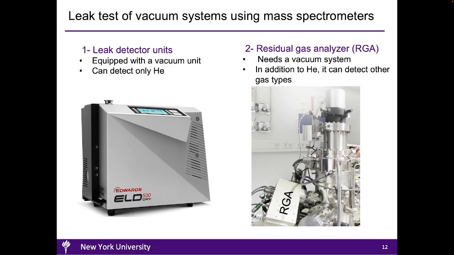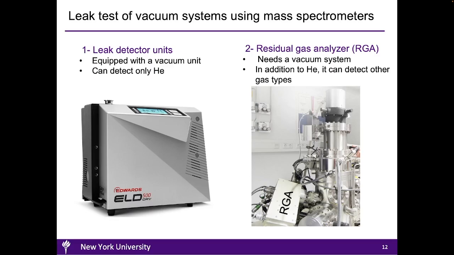Alternatively, the leak test using a residual gas analyzer or RGA can address this shortcoming. In addition to the helium spray approach, by spraying helium at different components and parts of the vacuum system, the RGA unit can also be used to obtain information about the gas content inside the chamber. Specifically, this analysis can be useful for quantifying the amount of residual gas molecules in the chamber. This capability is very important, especially in circumstances that the residual gas molecules have adverse effect on the fabrication process,